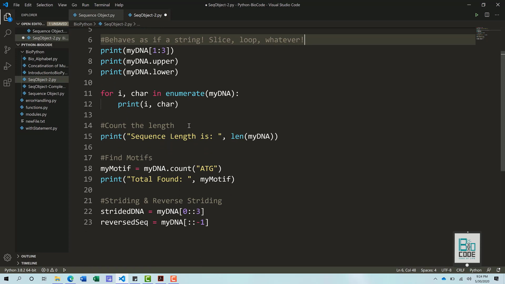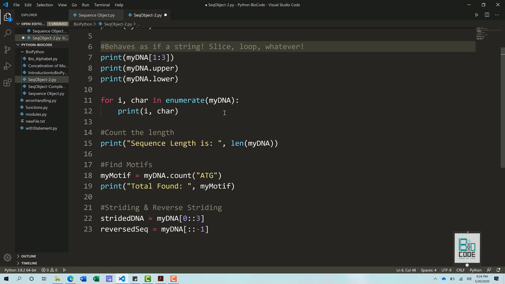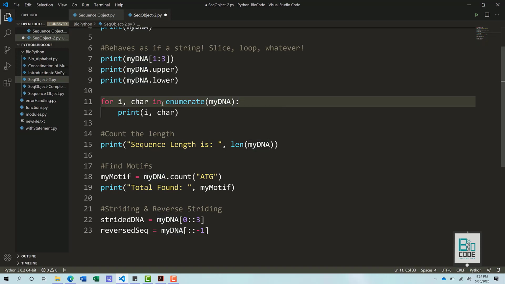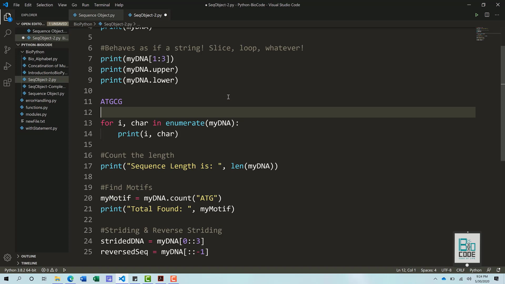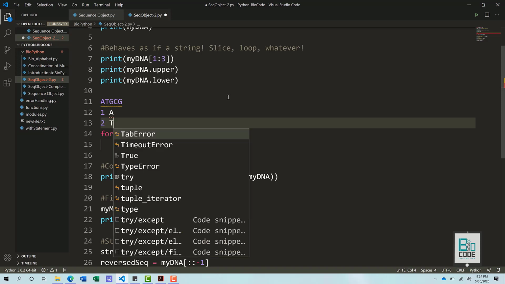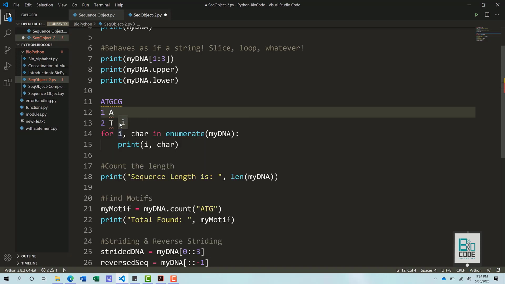After that, we demonstrate that we can loop over the sequence object as well. All we need to do is pass the DNA sequence to the loop, whatever loop we want to run. In this scenario, we are enumerating the DNA sequence. If the sequence is ATGC, it will print like this: 1 A, I'm sorry, 2 would be T, and so on.